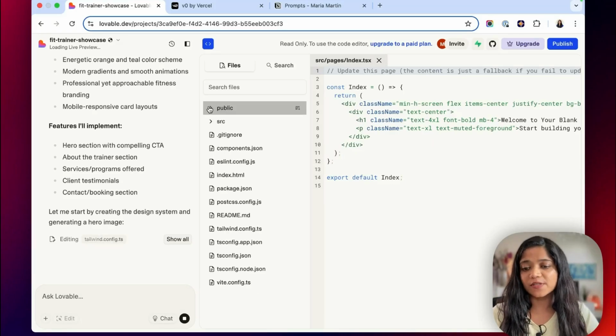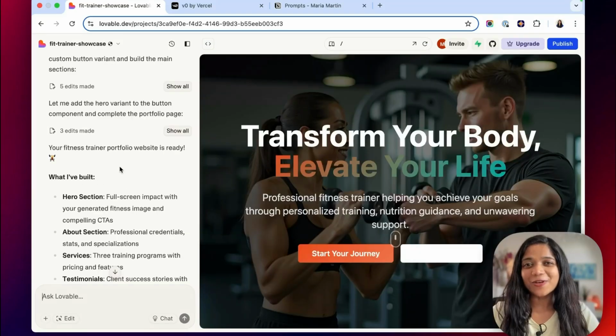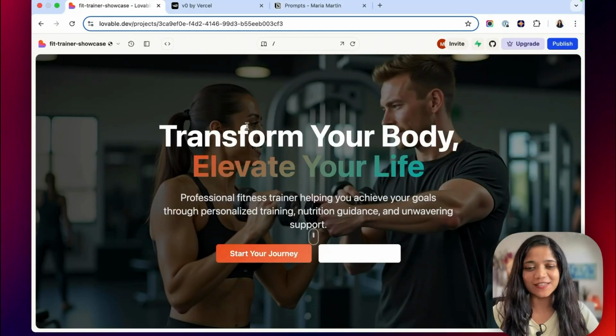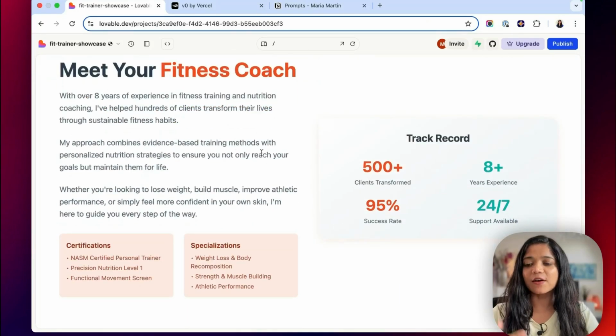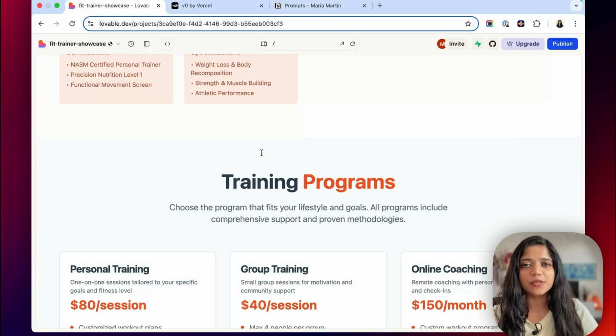If you're a developer, this is going to be quite easy to understand, but if you're not, it's fine. You can still wait for the UI to generate. And you can see they've got the output here, and on my right hand side, I'll just close the other tab. This is the landing page for my website. You can see the idea of a fitness trainer is captured well with the image and with the titles that you see here. And then as you scroll down, you can see the information about the fitness coach, and they have basically taken the liberty to add all the information about the fitness trainer. So I did not provide all of this information.